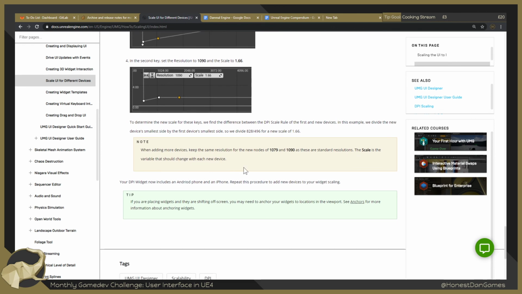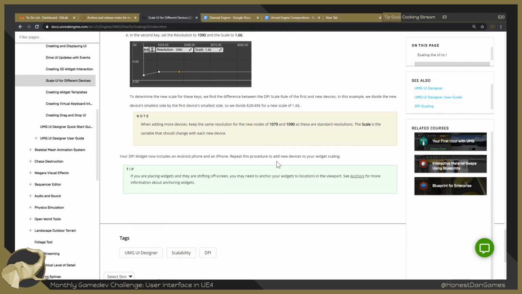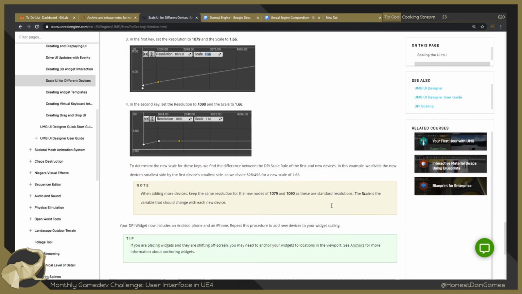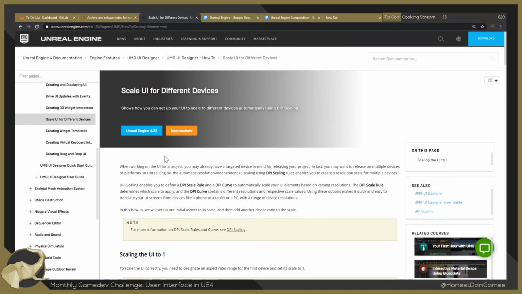Essentially, I think it's just saying how should you scale everything in your UI between these two different values of resolutions, but part of me feels like this should be automated as well. Yeah, I don't know how I felt about that document. It was so full of scare, so full of hope, but